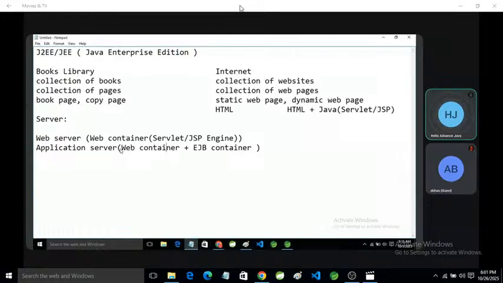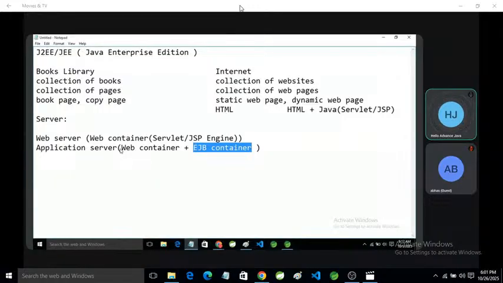It has a web container plus an EJB container, which means we can execute servlet and JSP and EJB also. Because the web container contains the servlet and JSP engine, we can execute servlet and JSP. And the application server also contains an EJB container, so we can also execute EJB applications. Okay, so an application server is more powerful than a web server.